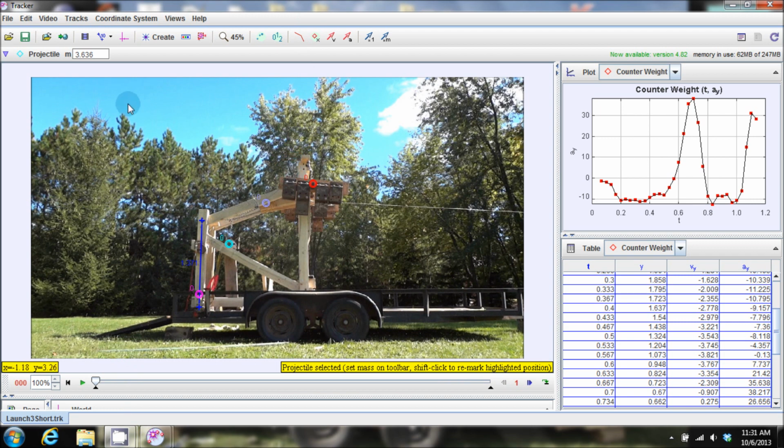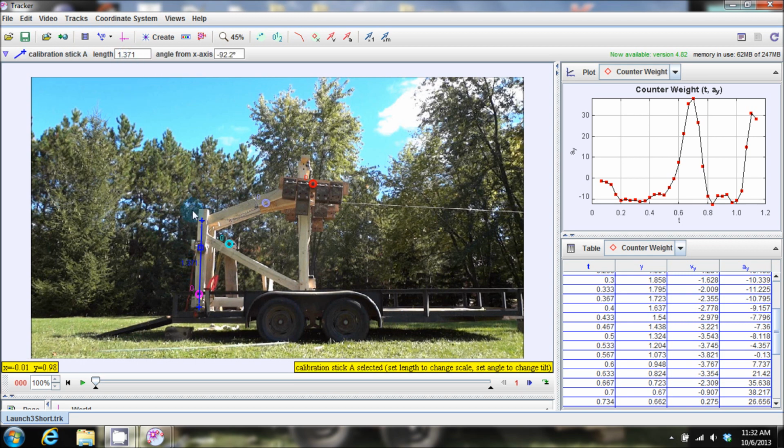Now I'm using software here called Tracker. It's open source, free. If you would like to download it, just Google Physics Tracker and you'll find it, and it works pretty well. Now, to give you a little scale on this machine, it's this blue line from my throwing arm axle to the bottom of the machine,